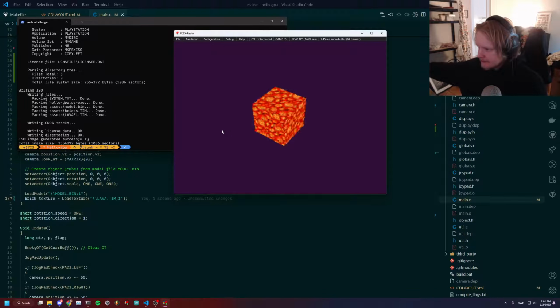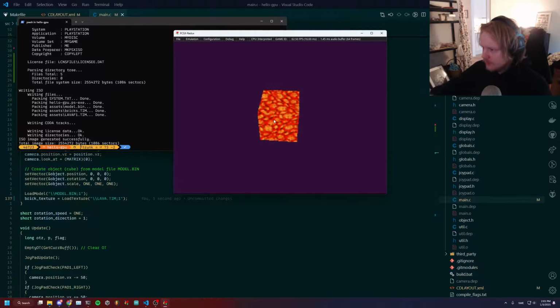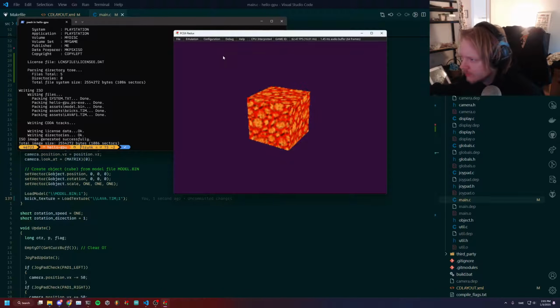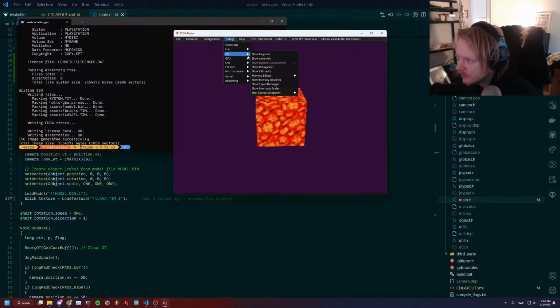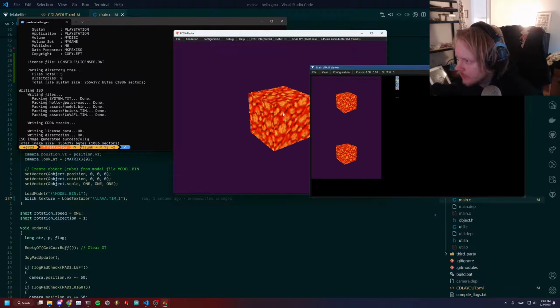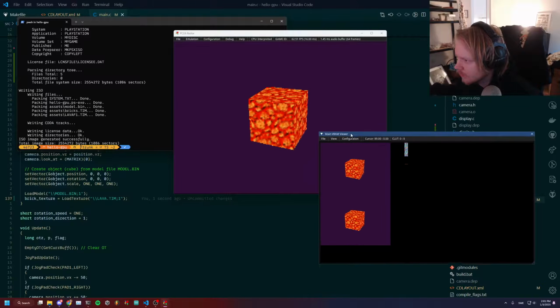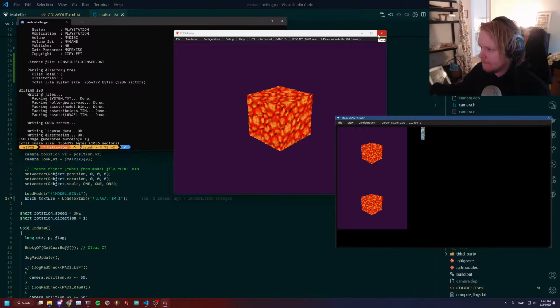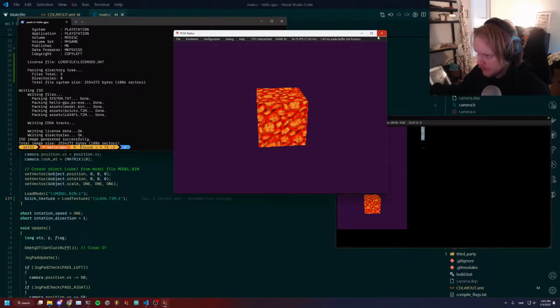So now we have instead this lava thing. And again it's super weird resolution. If I bring up this VRAM, now it's fixed. Weird. Anyway,